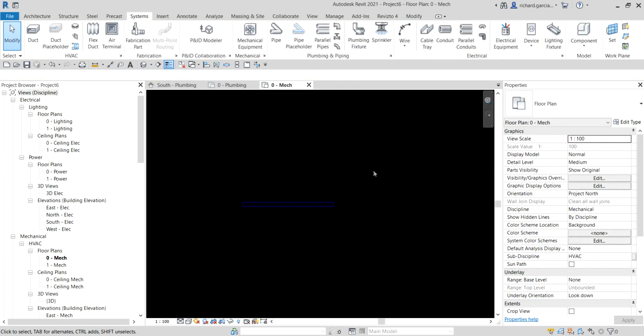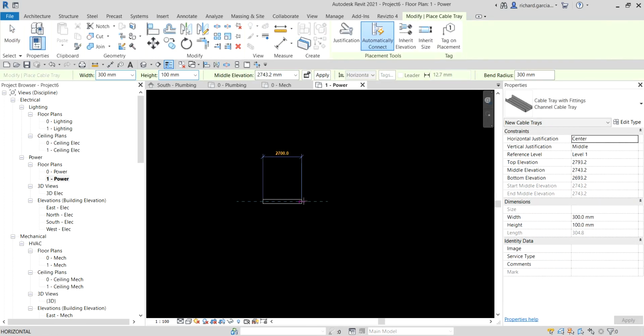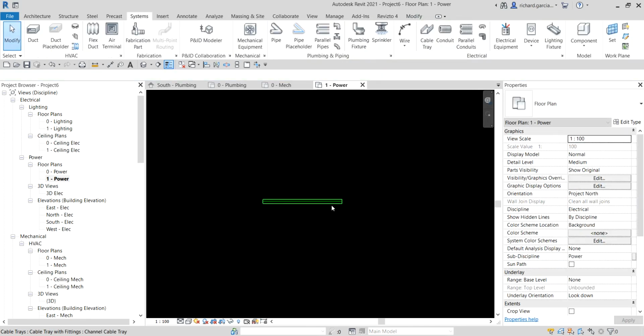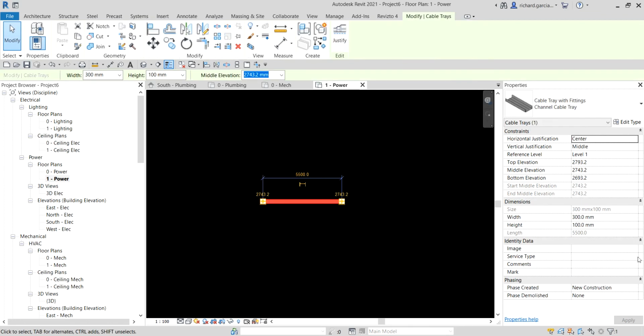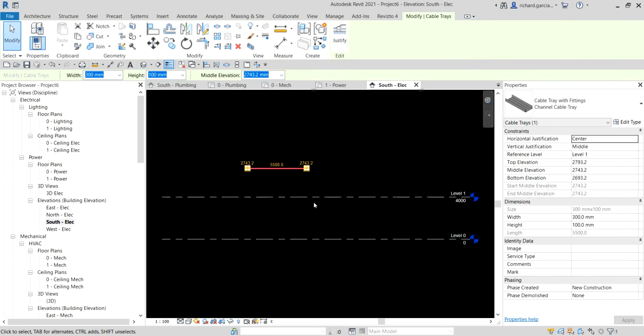Now, if I'm going to draw your cable tray, let me go to the power, for example. There's the power, cable tray. Okay, so let's check this out. Let's select. So for the cable tray, again, there's no invert elevation. It only applies to pipe, but you can use these parameters to create the filter. Okay, so take note that, for the